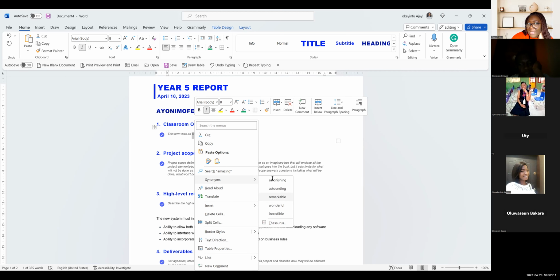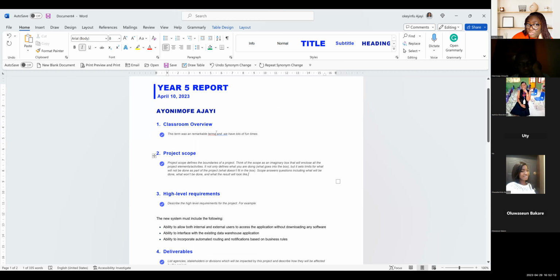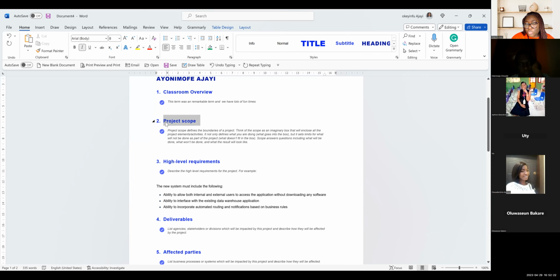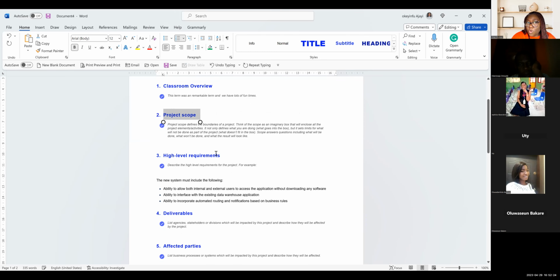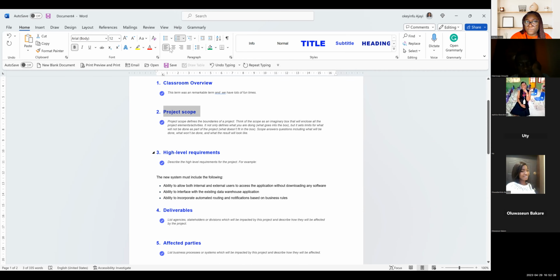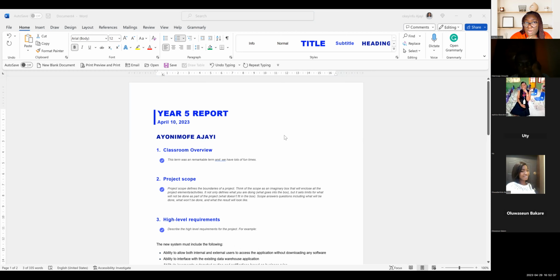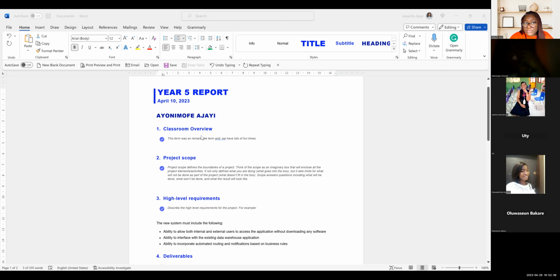Let me choose remarkable. And that's me choosing remarkable. It just makes it sound better, right? And that's what we can do. We can then talk about the subjects in a subject review. Then I can go back into the child themselves and say how your child performed, how your child functioned. That's how we can create a fresh report if you're not happy with what they're having. And that's how you can decide to say, oh, I don't want to use this particular word.